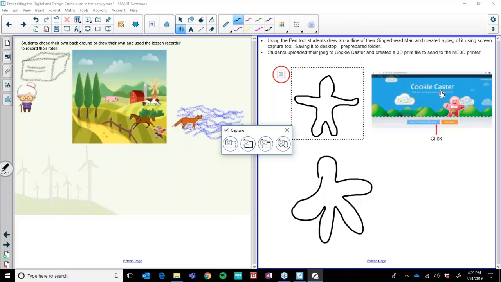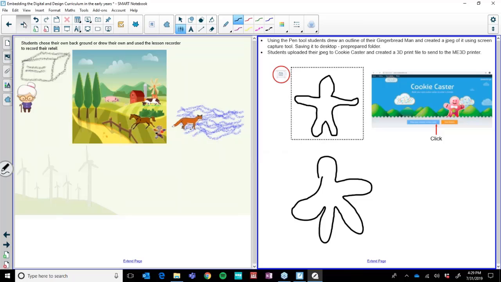It's a free website that they can go and upload their images, and it will turn it into a vector file that you can download. And they downloaded that. My teaching aide stood at the board and assisted them in this, but most of the time they did this quite well by themselves. Once that was downloaded, we uploaded it to the Me 3D printing website, or the build flow, and you can do this with any 3D printer that you have.